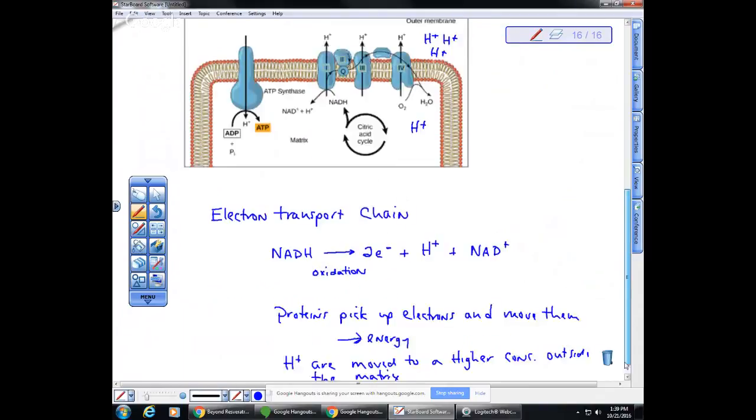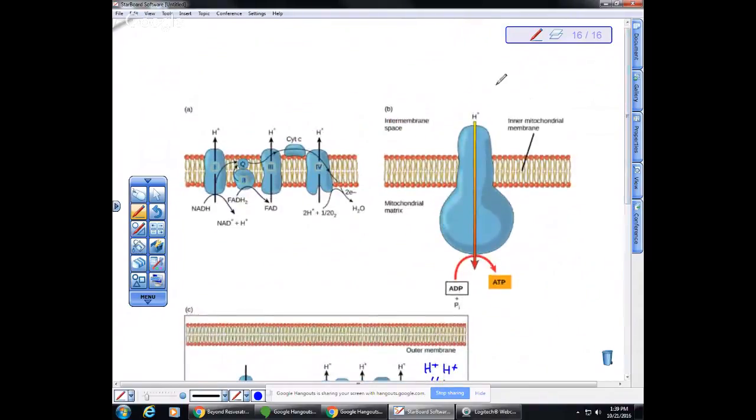So the higher hydrogen concentration outside the matrix is a source of potential energy, because it's going to want to move, if it can, back into the inside